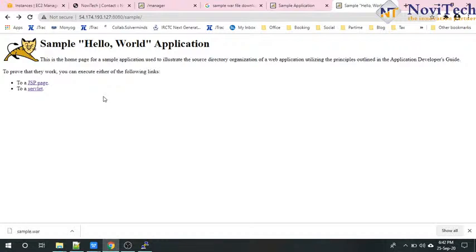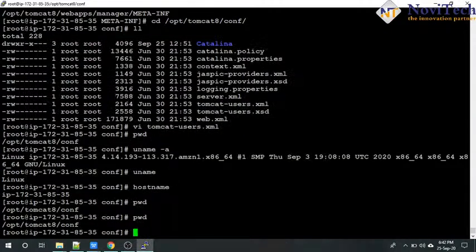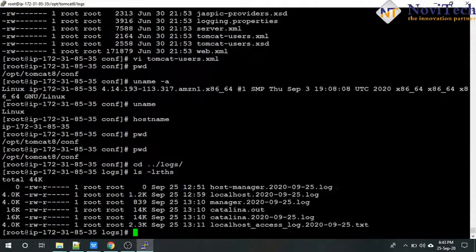Installation is not a daily activity. Start and stop of Tomcat is a daily activity, and deployment of the WAR file is a daily activity. Nothing else, guys, apart from this, for Tomcat. This is how you need to do things, and this information will be really helpful when you start your career in a software company. And one more thing I forgot to tell: